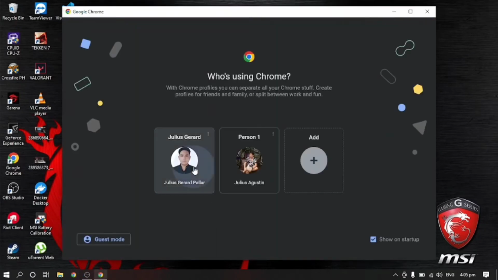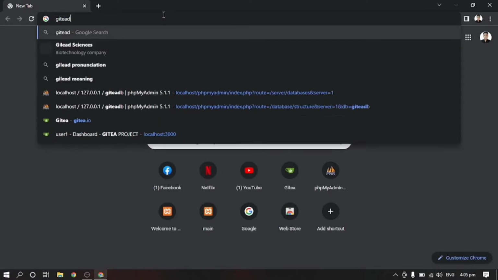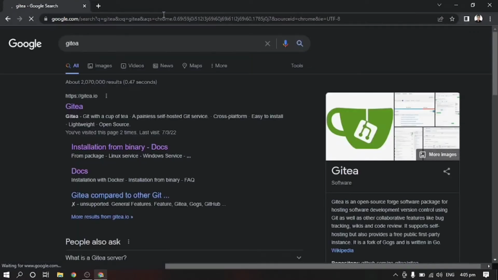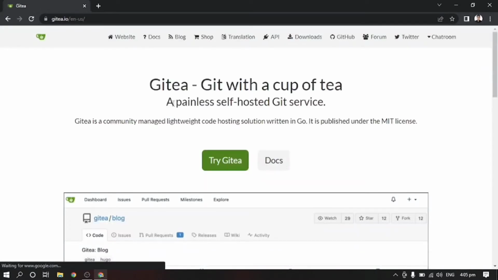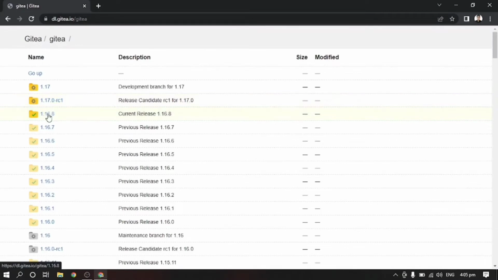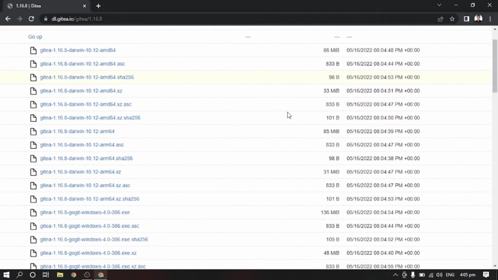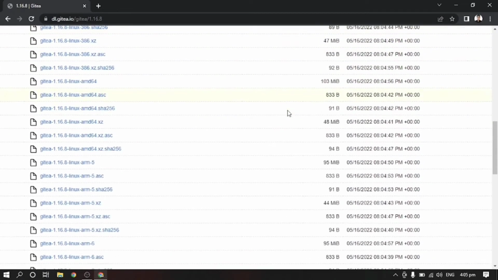Using your web browser, search for GITEA. Click the first link that will appear, and then click the download tab. Then click the GITEA folder, then the 1.16.8 version, then search for your Windows